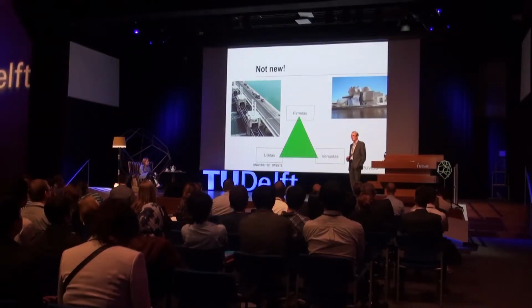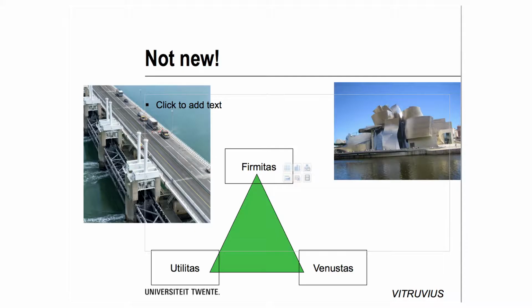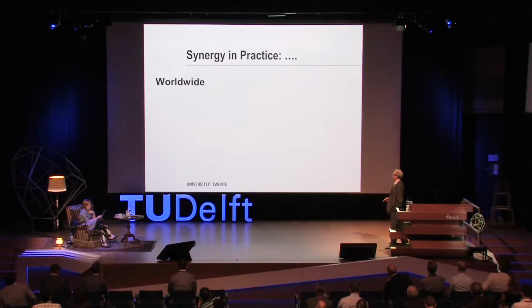Many of you have been trained, and probably this is part of the first year of your bachelor degree, that at least you start with the origins of construction and civil engineering, and you talk about Vitruvius, about firmitas, utilitas, and venustas. Actually, firmness, beauty, aesthetics, and functionality. Already at that time, Romans, and before that Greeks, and before that whatever culture, were talking about these issues. It's not totally new. But you're still finding it a challenge.